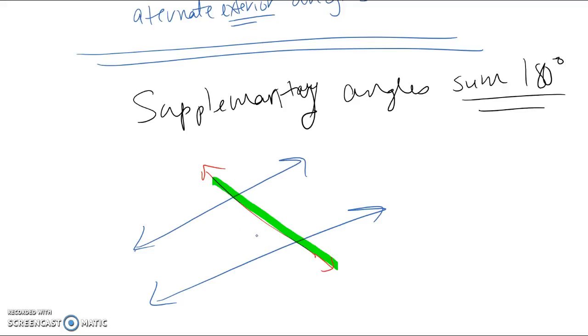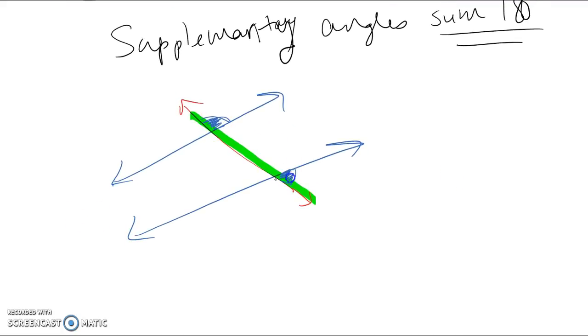So the ones that I think about for being supplementary would be something like this one here, and then jumping over to, where do I want to go? This one right here. Okay, so this one and this one are going to be supplementary just by using all the rules we talked about before, and there's proofs for it, but this video is not about proving it, it's just showing you the relationships, okay? Now, this one and this one are going to be supplementary,